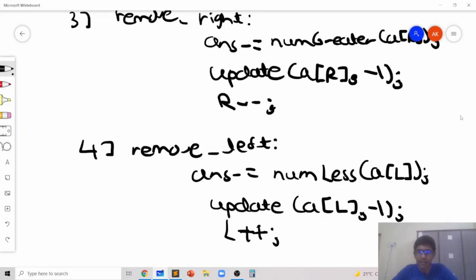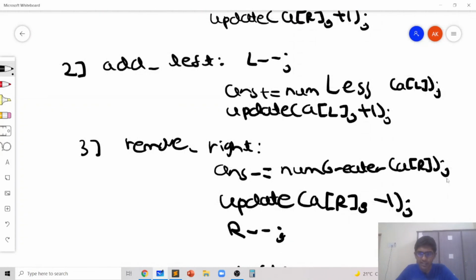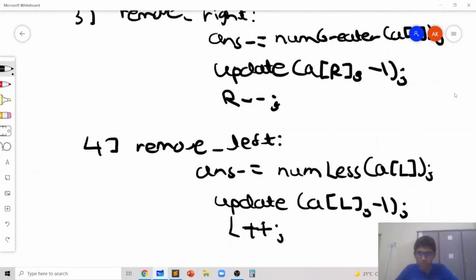And similarly, when we are considering the right index, then we know that it's the right index for the whole subarray, and that's why we just need to find out how many elements to the left appear greater. That's why we always take num greater to the left of the rightmost index. That's why these four operations work, and that's basically the full idea. Now I'll show you the code implementing the same idea.